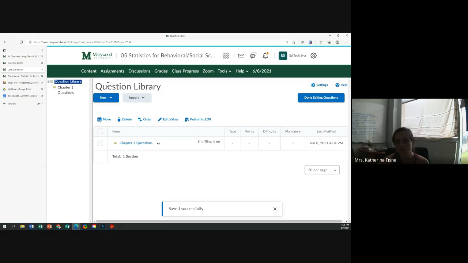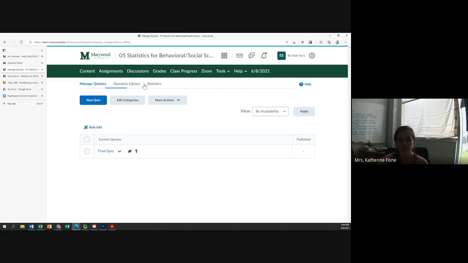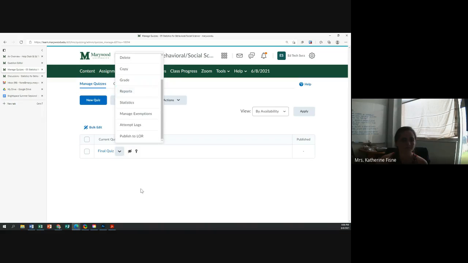And the question library, the reason that we recommend using that is because it really just makes it easier to move from course to course and in terms of tracking when you want to set up quizzes again in the future. So after I've added all my questions, I'm going to click Done Editing here, and it'll take me back to this main page. So now if I were to go to my quiz again,